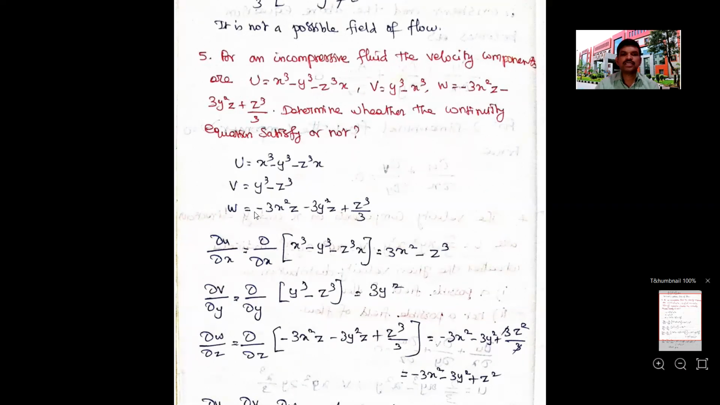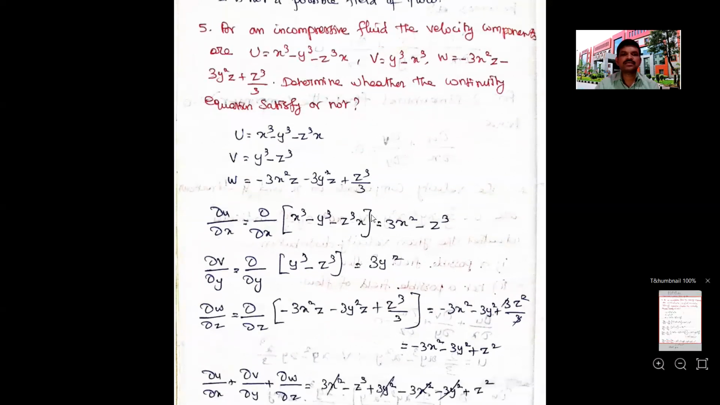Next, w is equal to minus 3x²z minus 3y²z plus z³ divided by 3. So these are all the three velocity components. Now apply the partial differentiation. ∂u/∂x is equal to ∂/∂x of the u term: x³ minus y³ minus z³x. Differentiate this term with respect